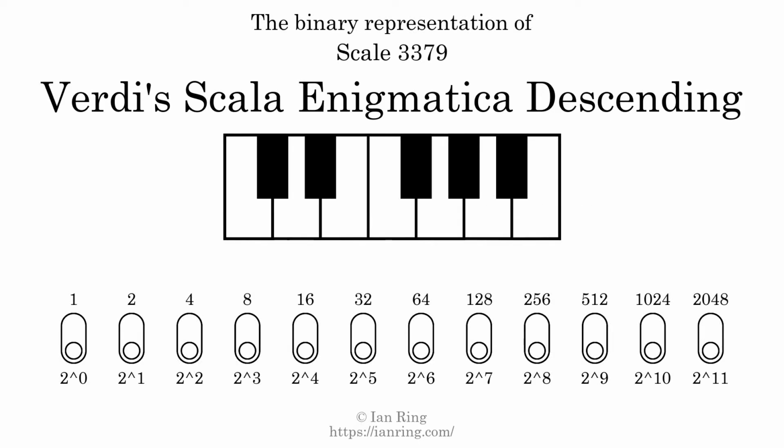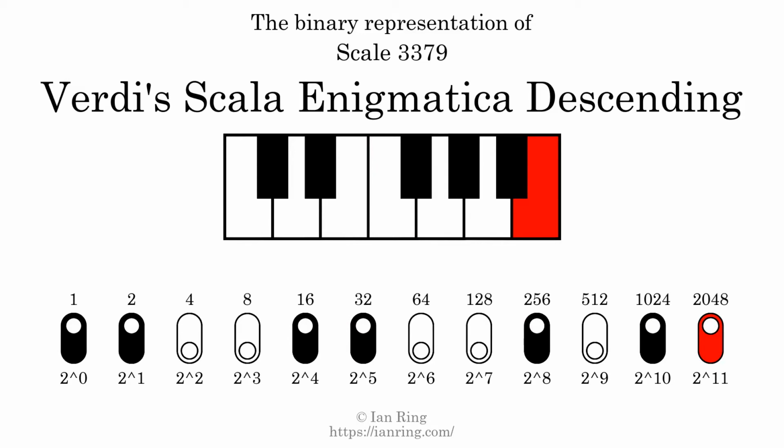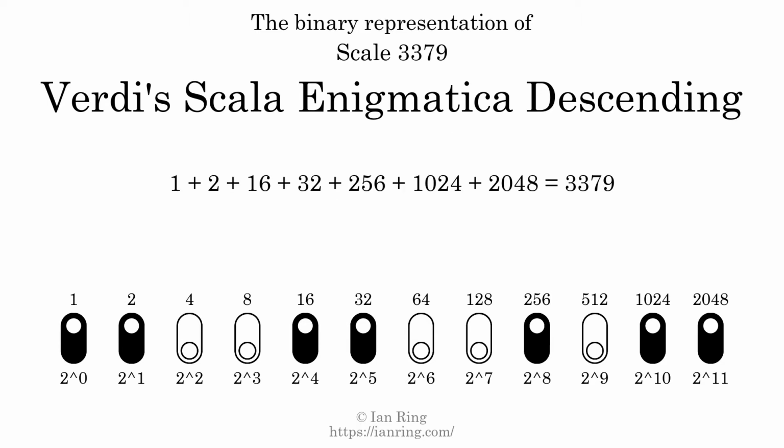The binary representation of this scale is determined by mapping tones of the scale to binary digits. Each binary digit represents a power of 2. To get the scale number, we add the powers of 2 together. The powers of 2 that are present in the scale, all added together, equals 3379. That is why the scale number, in decimal, is 3379. The scale number not only enumerates the scale with a unique index, but it also literally describes the tonal content of the scale. Represented as a binary number in base 2, the scale number is